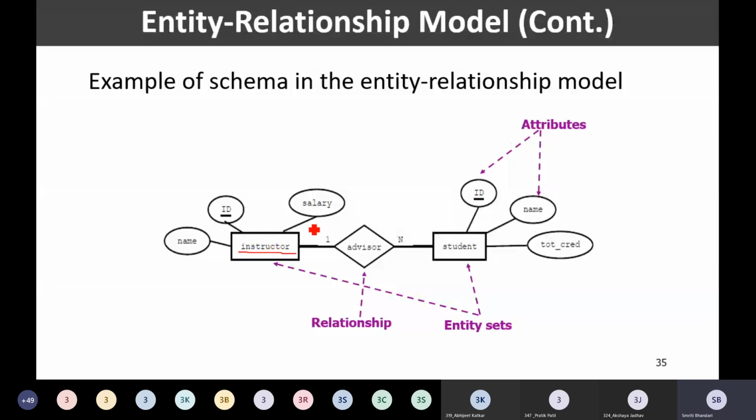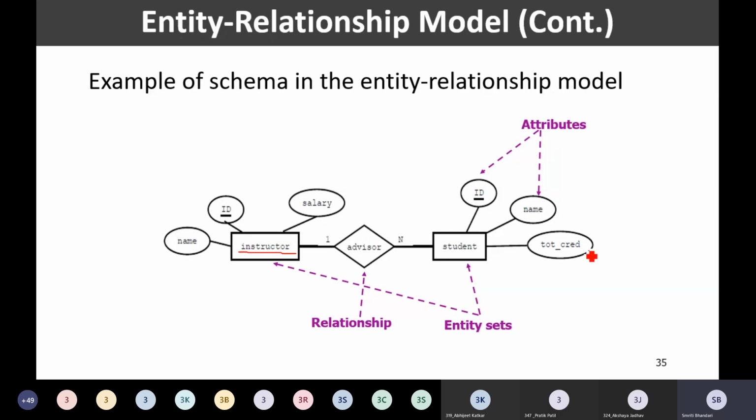And to establish the connection between these relevant attributes and this entity set, we are having these lines. So this oval salary, this attribute, is connected to this entity set instructor. That's all. Similarly, I am having another entity set, that is student.